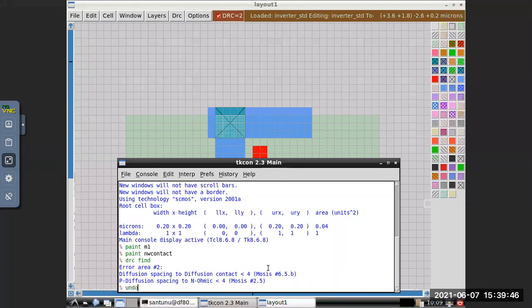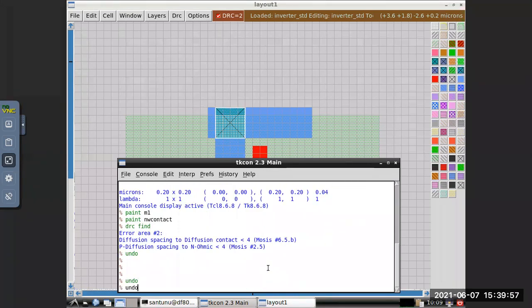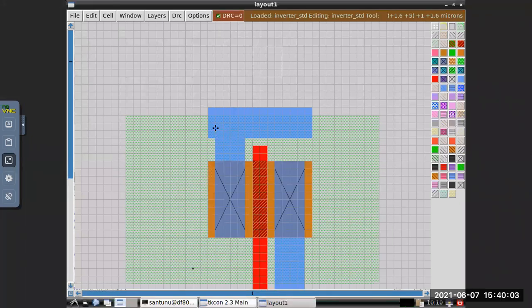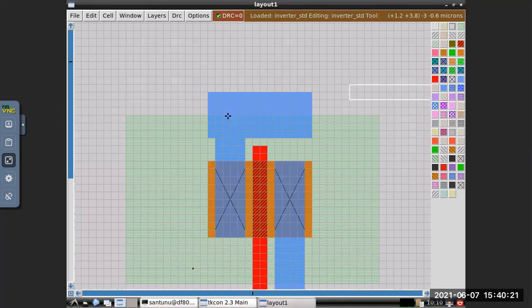Please undo, because we will increase this 1, 2, 3, 4. So now you will make a contact here.